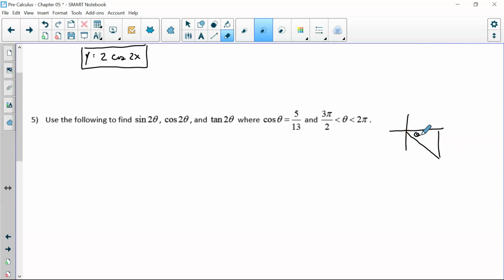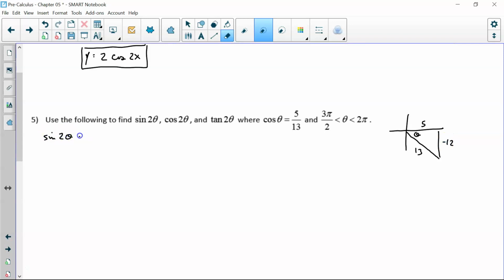Cosine, adjacent over hypotenuse. So adjacent is our 5, hypotenuse 13. You can use the Pythagorean theorem and find out that the missing side would be 12. Now we are in quadrant 4, so that y-coordinate has to be negative. Now for the sine